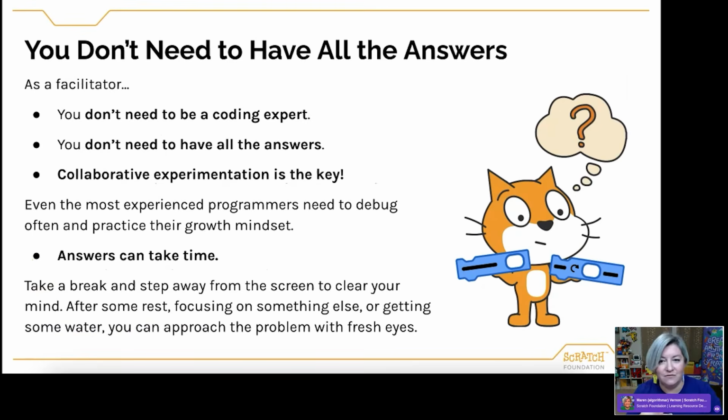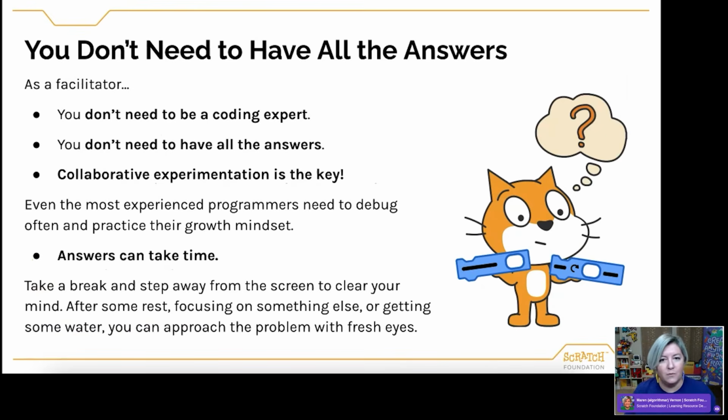Because I certainly find that often after some rest and focusing on something else or getting a cup of water, I can then approach the problem with fresh eyes, and that is really helpful instead of just sitting and stewing in the frustration, right? So definitely good things to keep in mind for ourselves and good things to keep in mind and remind our learners about.